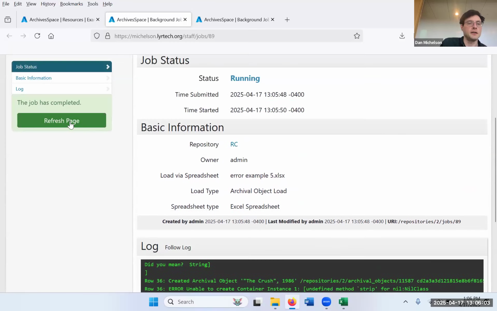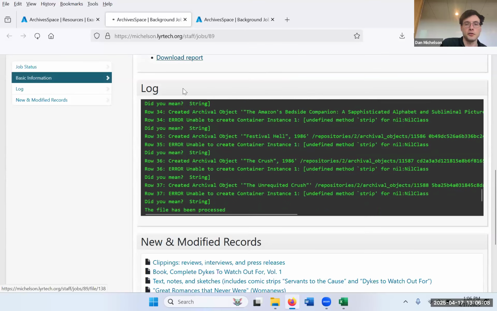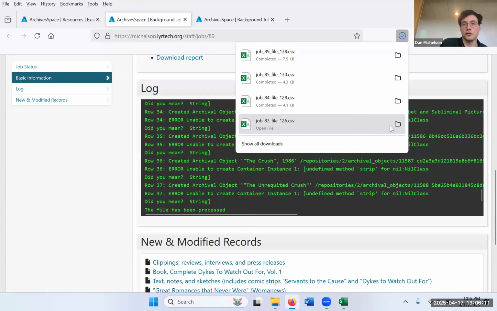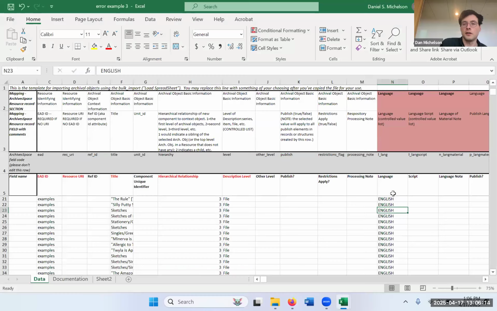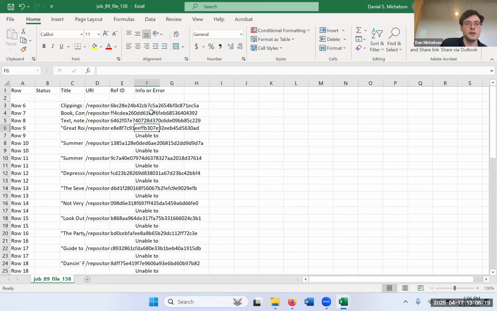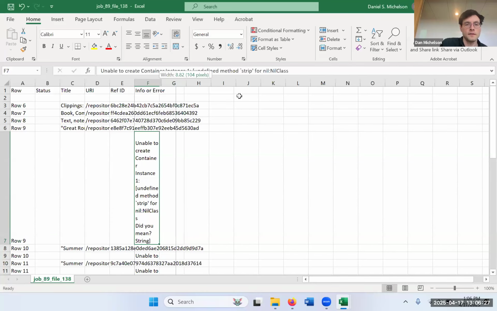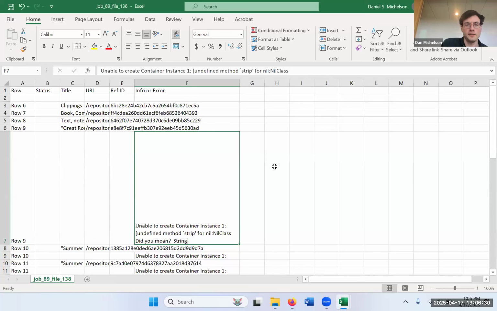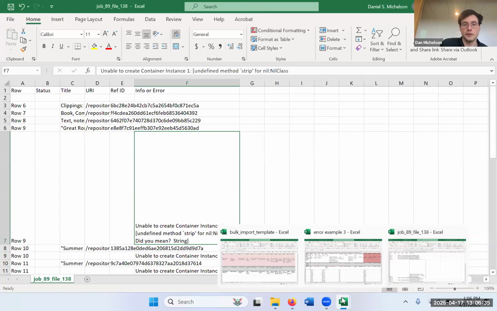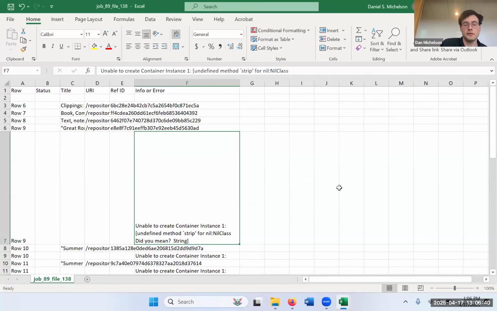All right, this is one I actually didn't know about until I was doing the prep for this. This is what I was mentioning, where there's a newer validation requirement for the instances. So it gives me this weird "unable to create"... I don't know why it's doing that. "Unable to create container instance 1, undefined method strip for nil class, did you mean string?" Well, I don't know what that means, but if I go to our example 5,